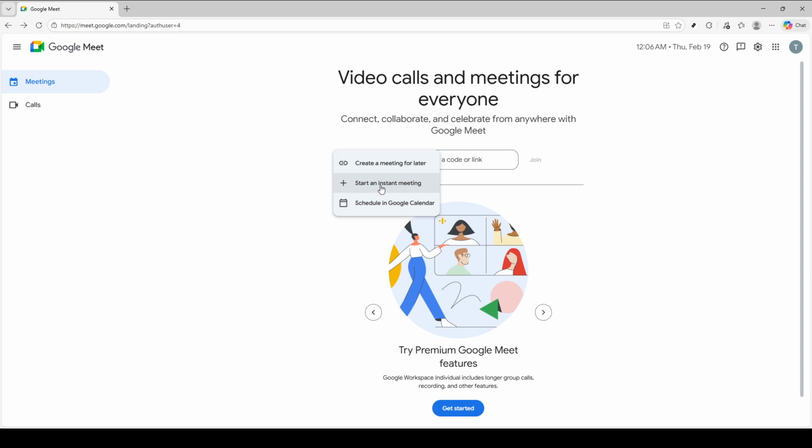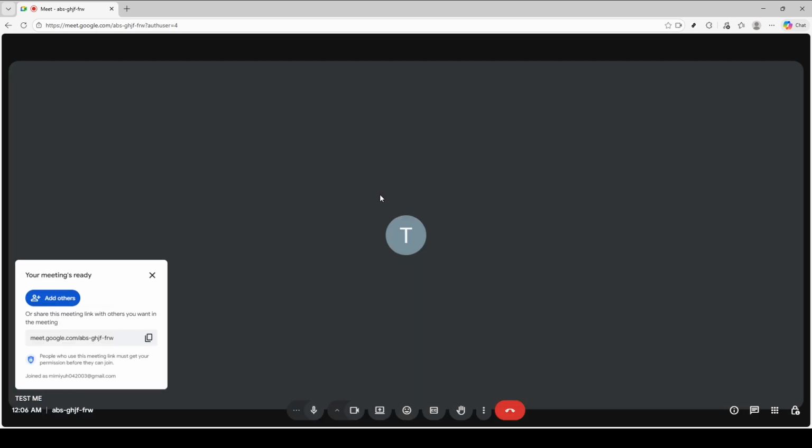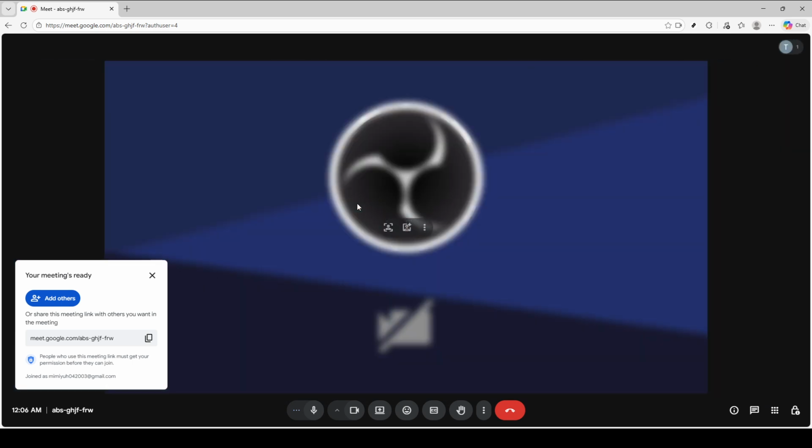Next, select Start an Instant Meeting. This is the fastest way to open a meeting room without scheduling anything in advance. It's perfect for quick check-ins, spontaneous collaboration, or when you just need a room link right now. If your browser asks for permission to use your camera or microphone, allow it so your video and audio work